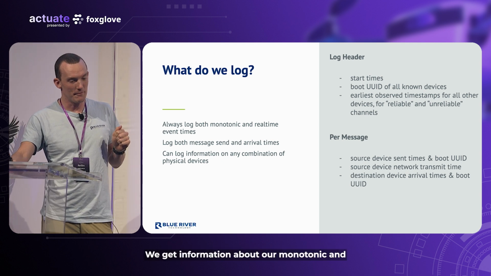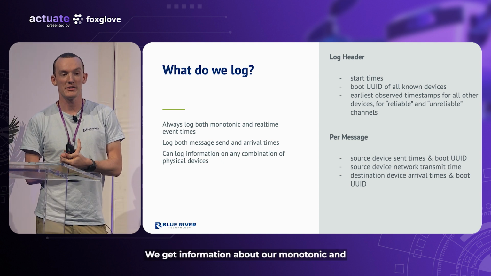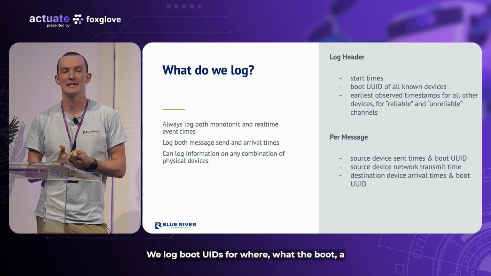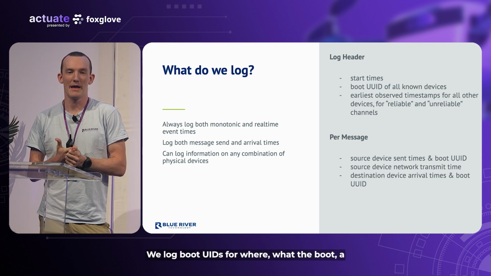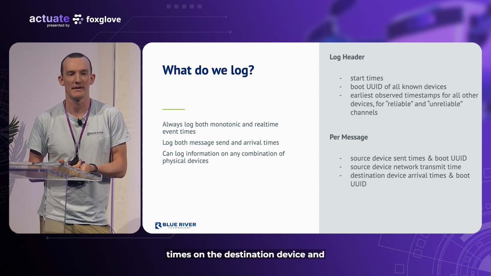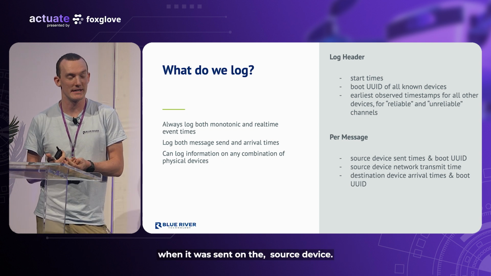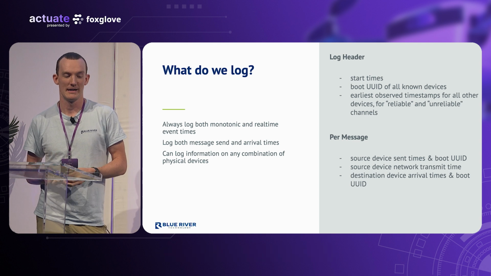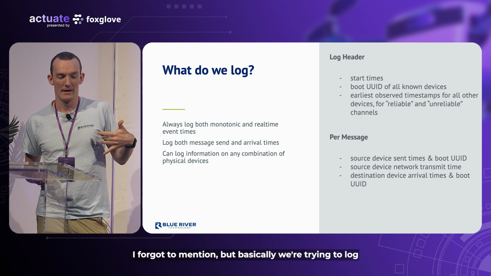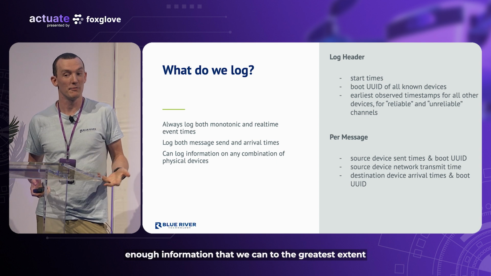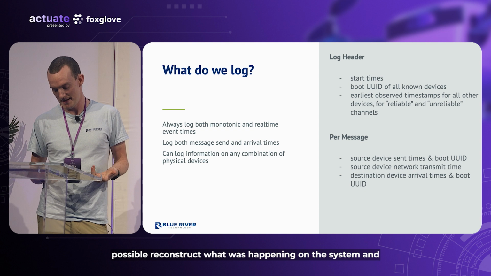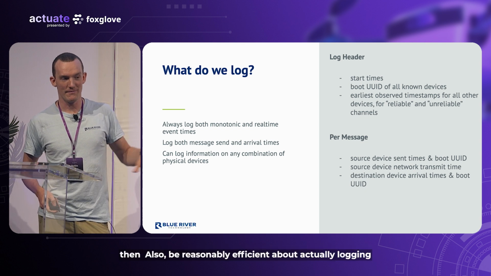And so we get information about our monotonic and real-time clocks on every single message. We log boot UUIDs for what boot a message was sent from and where it was received. We make sure we're logging the received times on the destination device and when it was sent on the source device. And I think there's some other things in here that I forgot to mention, but basically we're trying to log enough information that we can, to the greatest extent possible, reconstruct what was happening on the system,